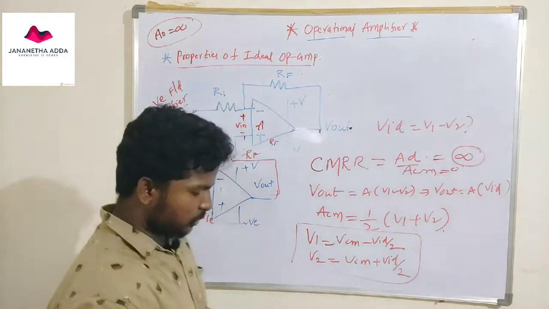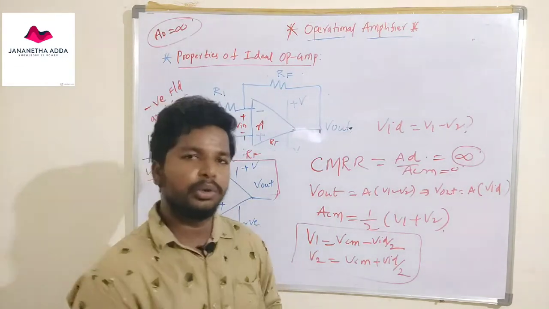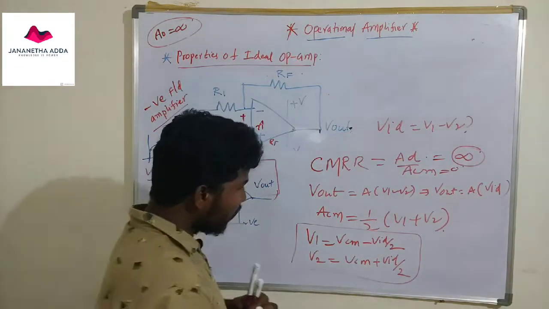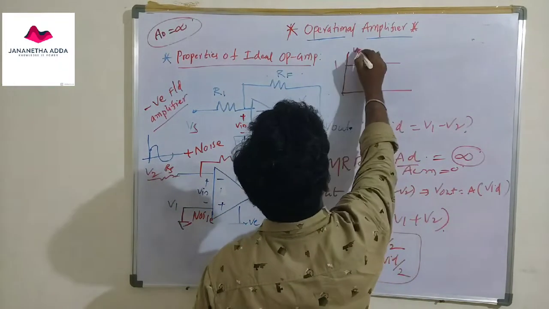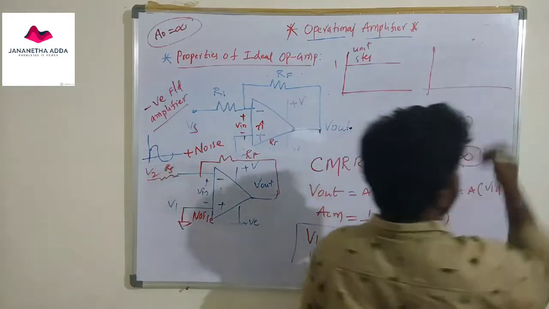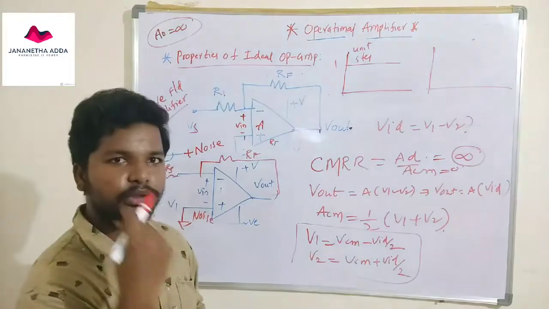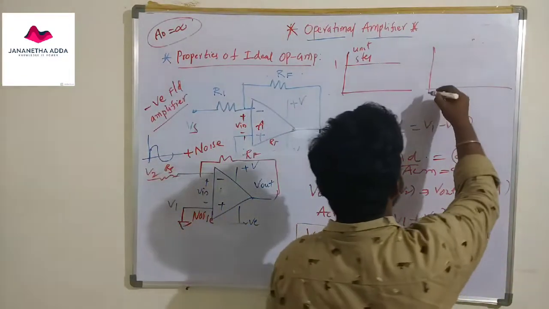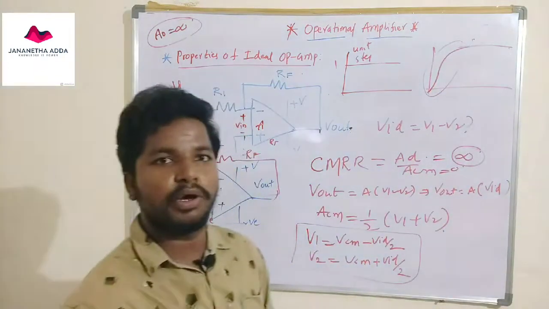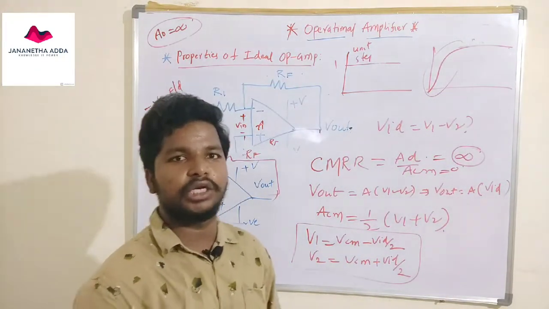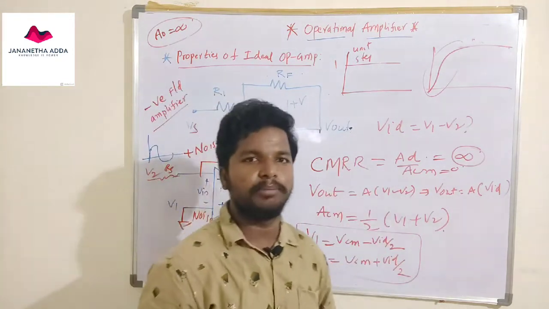And also we will discuss the slew rate of an operational amplifier. If I give the input to the operational amplifier as a unit step signal, the output of the operational amplifier, like any device, will not react suddenly. If the input changes, the output will not change suddenly, so it will take some time to change. This is called the slew rate: the rate of change of output with respect to input. We will discuss it with an example in the next video.